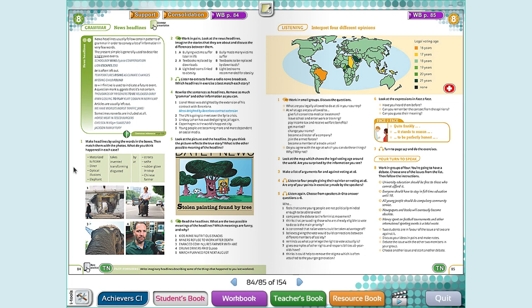In our Unit 8, we are studying the news. So for sure the grammar is about the headlines. You know that when journalists have to write headlines, they use few words because they should write something interesting. They should take people's attention. So they don't respect the traditional grammar. That's what we are going to study. How do they write the sentences? Okay? So please grab your book, page 84.